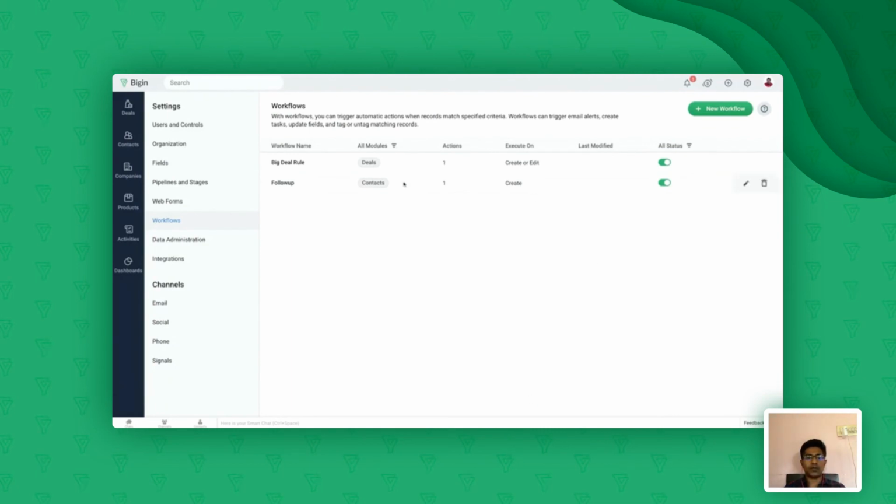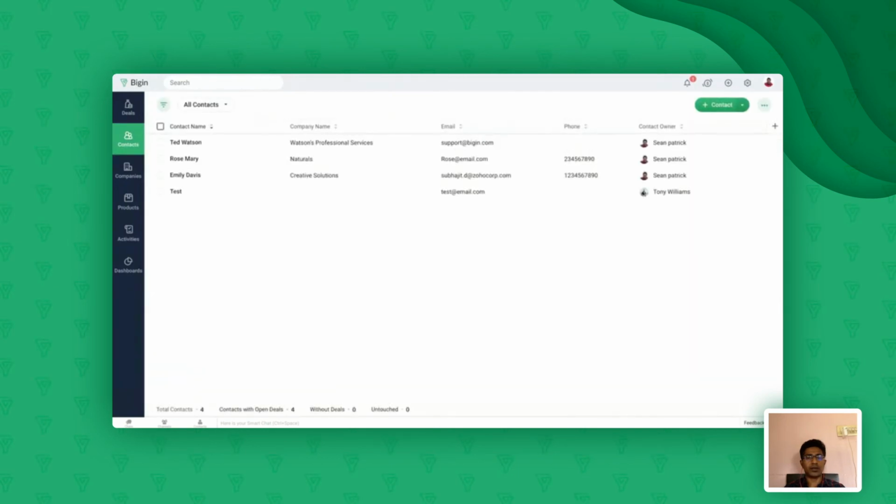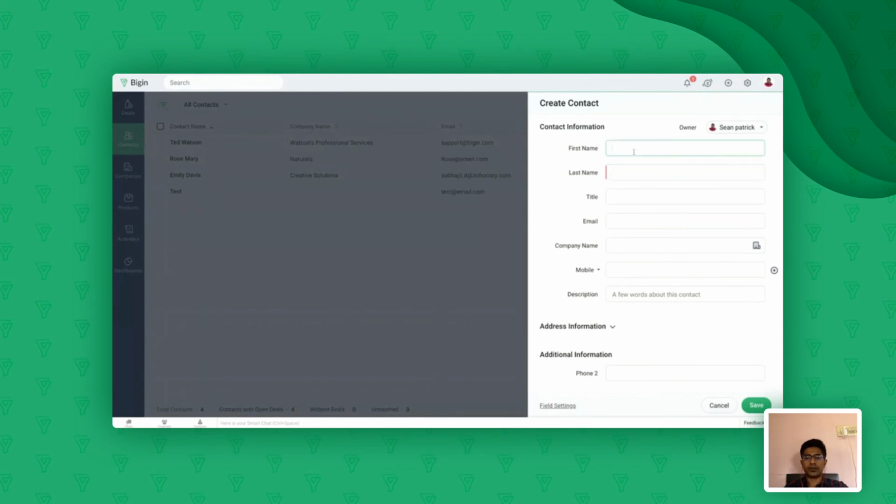Once the workflow is saved, you'll be able to see it over here, and under the workflows it's listed as follow-up. Let's go ahead and click on the contacts module and see how it actually works. I'm going to create a fresh, very new contact from here, add the email, and save it right now.